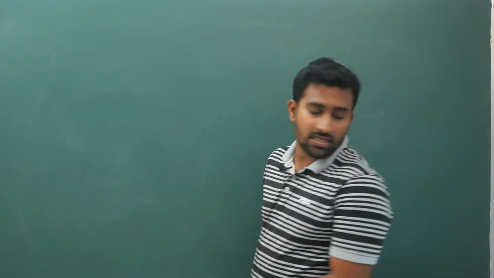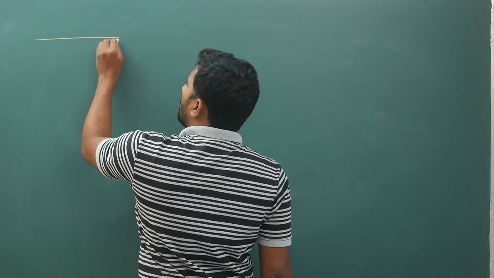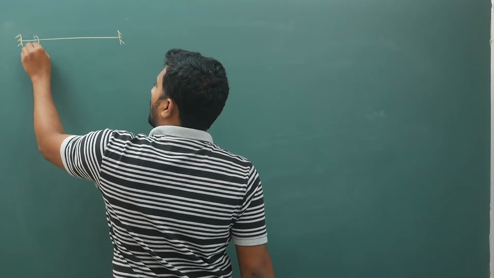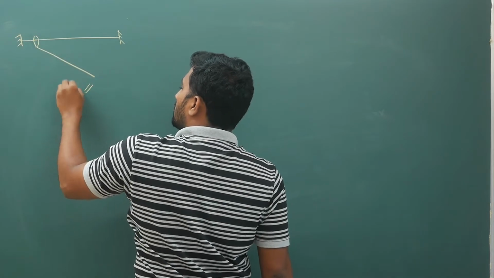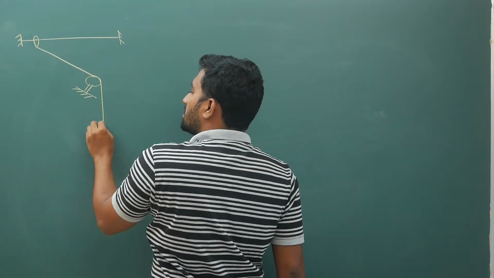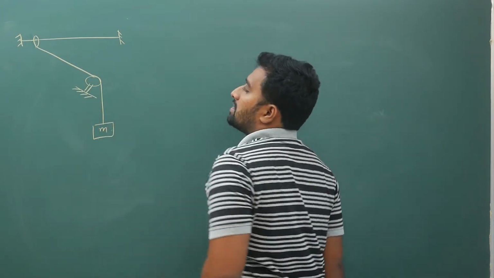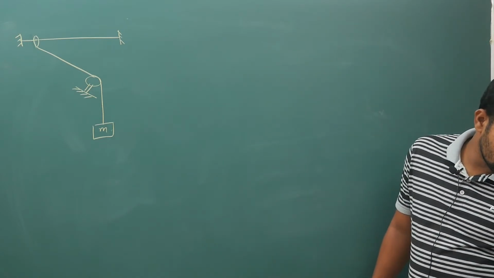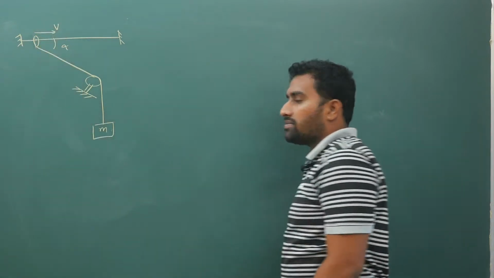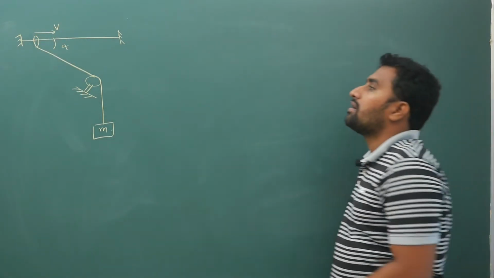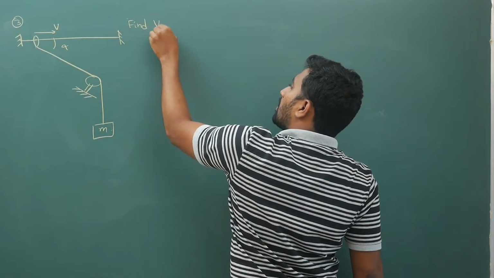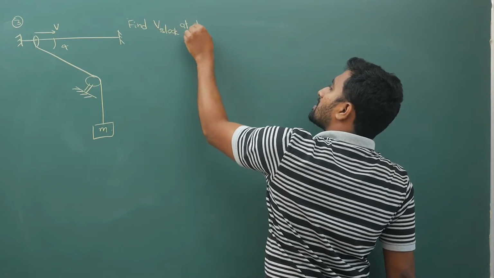Your next question is, there is a rod like this fixed between two supports and there is a bead. Here you have a fixed support. This shading will indicate fixed support. Attached to this there is a pulley. There is a block of mass M. This angle is alpha, and at an instant the bead is moving with velocity V. The question is, find the velocity of the block at this instant. Find V block at this instant.